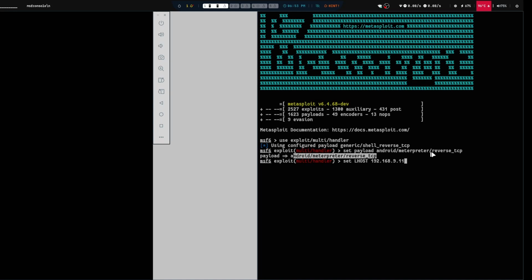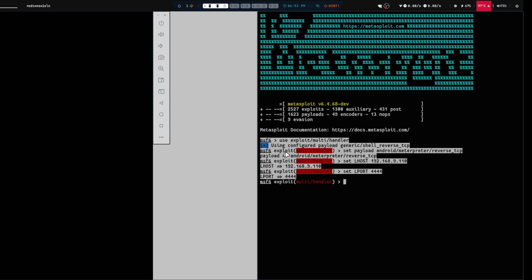Yeah, that's my IP. And you also have to set the LPORT, 4444. After doing this, as you can see, we have done everything. Now we just have to listen. So after this, we just have to type exploit.